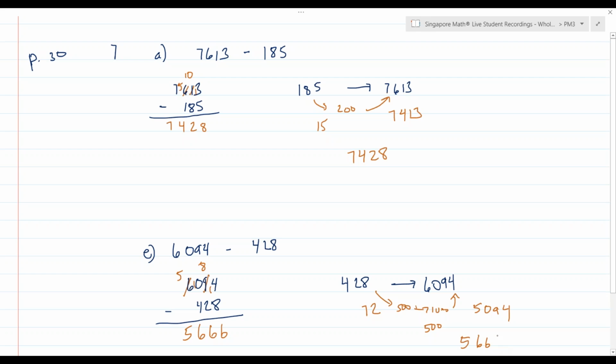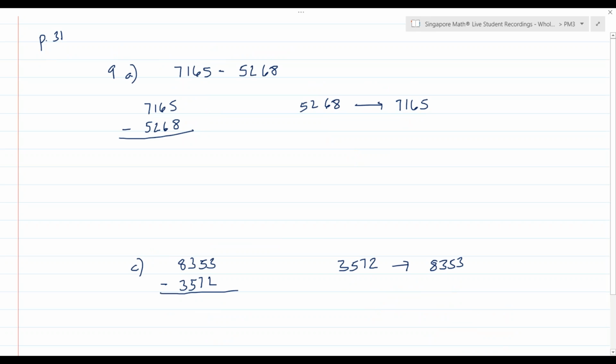And then of course you'll have 6 tens left over and 6 ones. Again, we're not shocked it's the same answer. It has to be the same answer, of course. But the idea is that you can do it a few ways, and you can go from 428 to 500, from 500 to 1,000, from 1,000 to 6,094. That works. The other two examples I chose were on page 31,